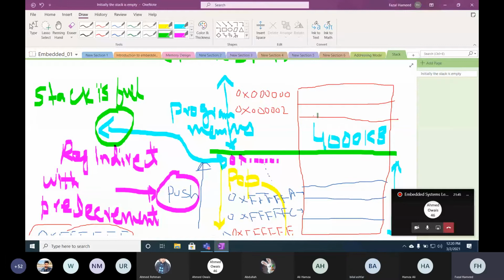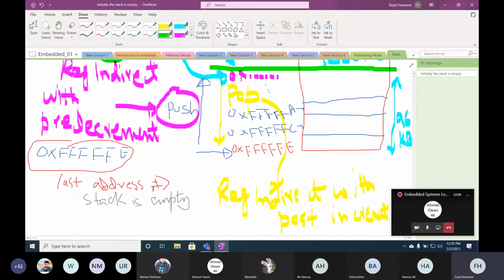So actually, the programmer should maintain a check. Being a programmer, when you are writing your assembly language program, you should maintain a check whether the stack grows and goes into the program memory. So there is a wall; you should not break it. So there are two checks, which means there are now two addresses.